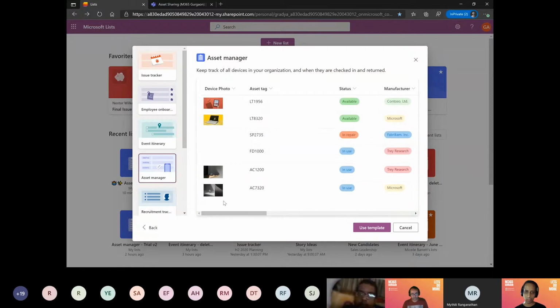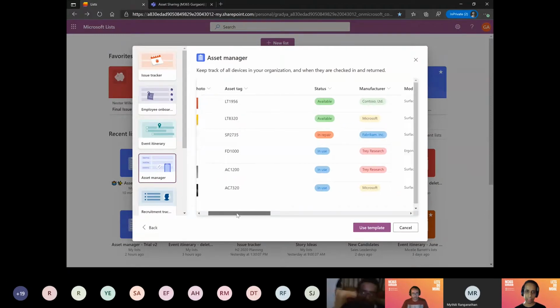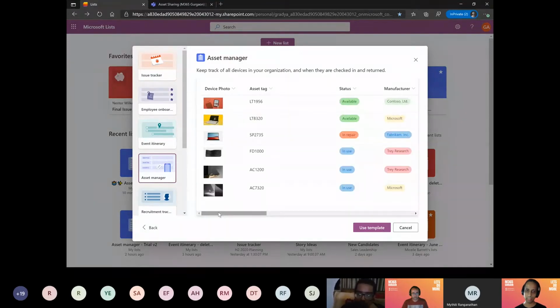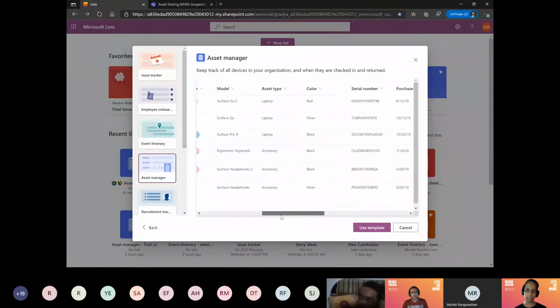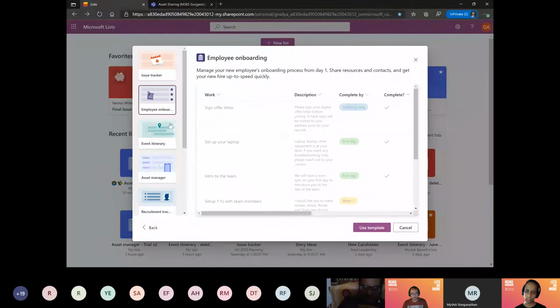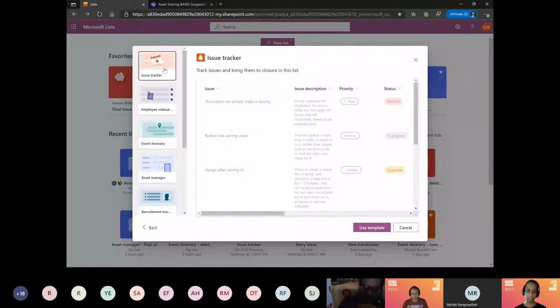Once I click on Asset Manager, you'll see a snippet of what the schema of this particular list is, right? It's a great way to understand, and you can even browse through other schemas and see what is relevant when you get started with a new list.